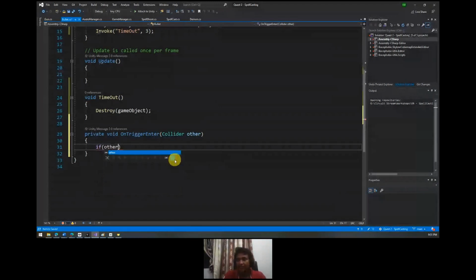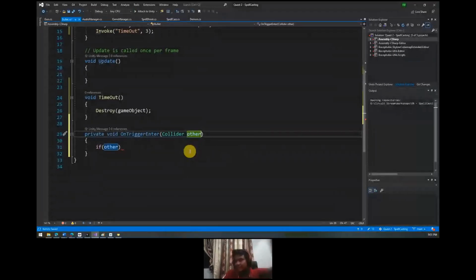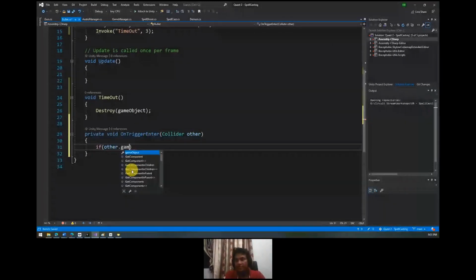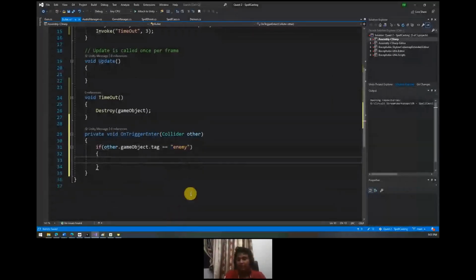Other is a parameter that is passed by Unity, and it is actually the other game object that it collided with. If other dot game object dot tag equals enemy, meaning I check whether this is equal to enemy, then what should happen is destroy other dot game object,